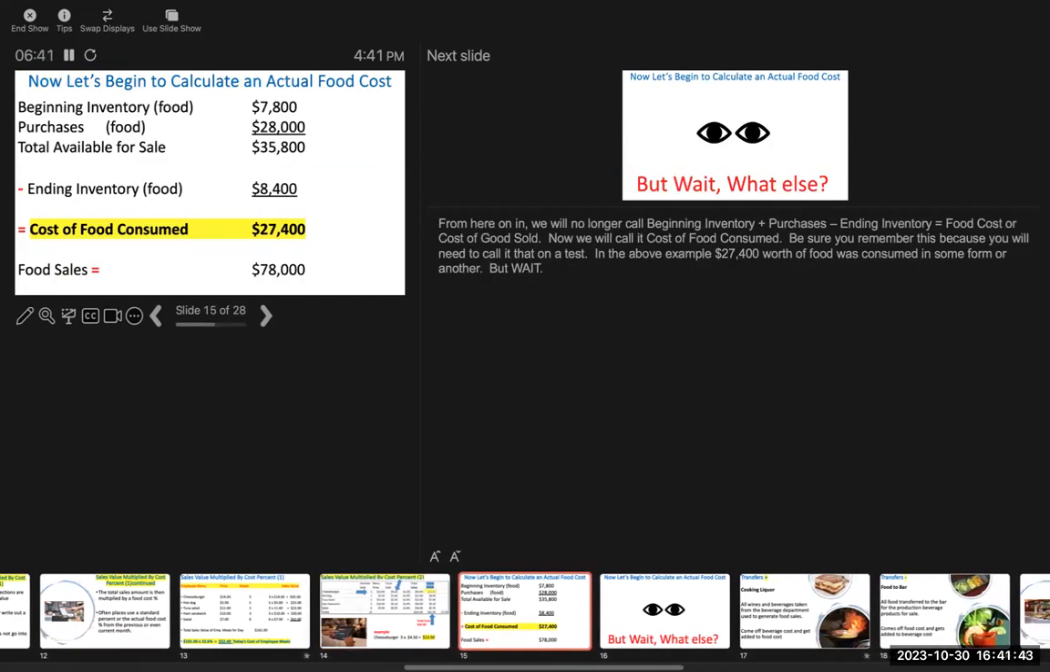So if we wanted to look at it a different way and start to calculate an actual food cost,